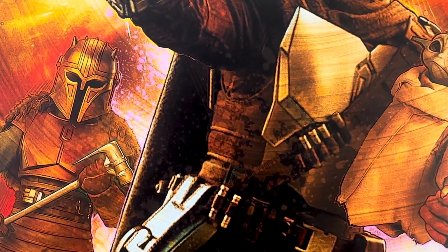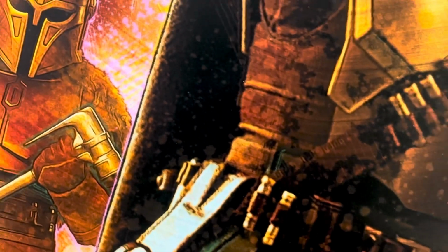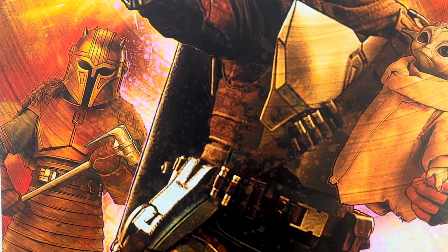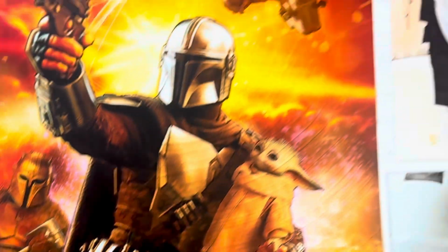Okay, so if you look closely, again, you'll see a hard line, and you'll even see that lilac line. And it's doing two things. One, it's giving a really good separation between Mando